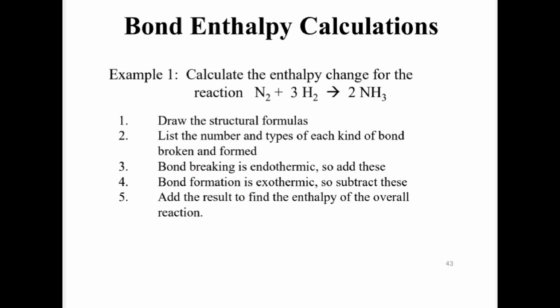Now let us see how to calculate bond enthalpy. So we'll use this example to illustrate how we can calculate enthalpy change for a reaction. There are steps that you should follow. የመጀመሪያው you have to draw structural formulas. ስለዚህ this structure እያንዳንዱ ስፔሽስ መሳል አለባቸው ማለት ነው። የሁለተኛው ምን ይሆናል ማለት ነው? You have to list the number and types of each kind of bond broken and formed. ስለዚህ እነዚህ የሚሰበሩትና የሚፈጠሩት እያንዳንዳቸው የቦንድ ብዛትና አይነት መዘርዘር ማለት ነው።